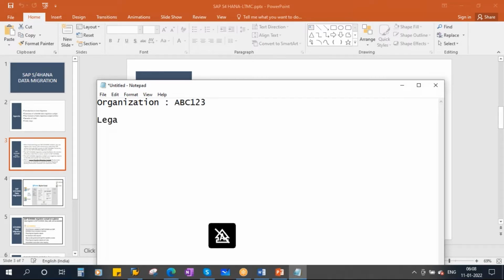Normally they call it a legacy system. What is a legacy system? Existing system. Now from that system they are migrating to the new system, which is our SAP S/4HANA. So they will take out the data from this existing system and then load the data into S/4HANA.